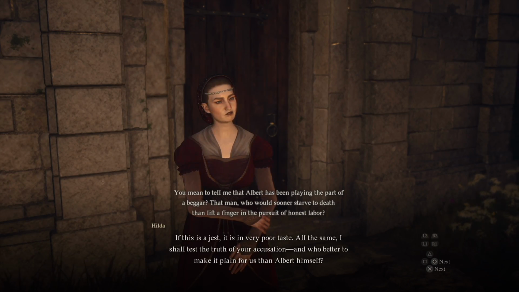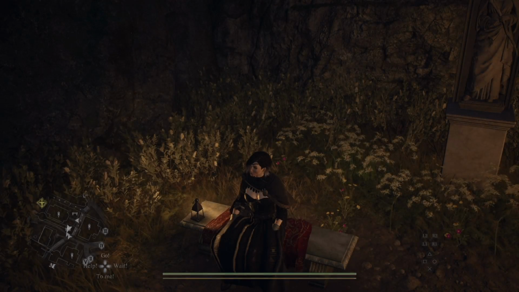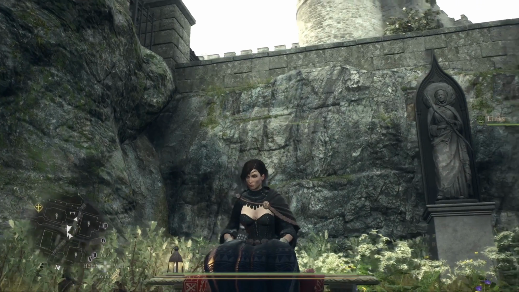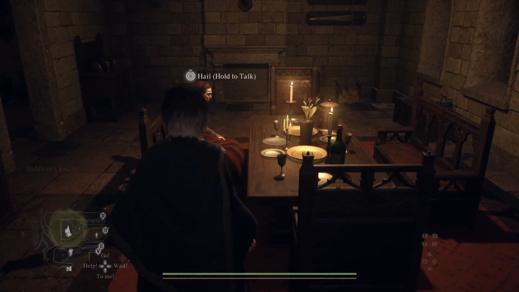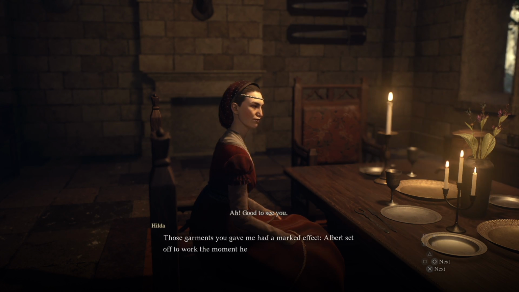have to do. So you can wait at a nearby bench and or go to your house or inn, wait about 3 days, and then come back. Once you come back to the Baldwin's estate, you'll see her sitting at her kitchen table, and you can speak with her once again. She'll tell you that he went and got an honest job and he started working, and